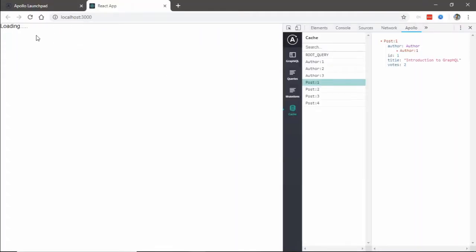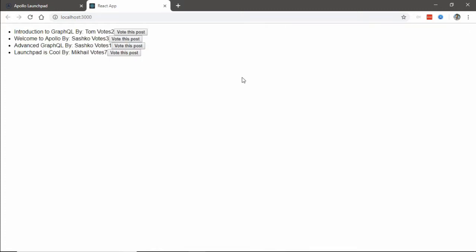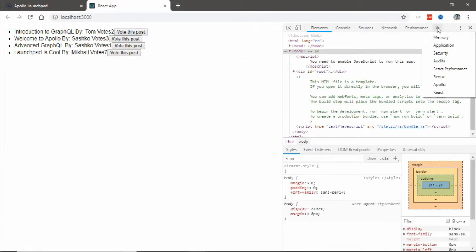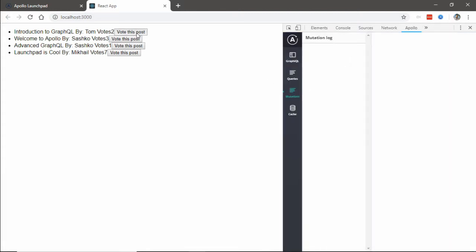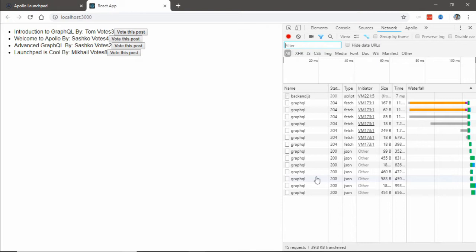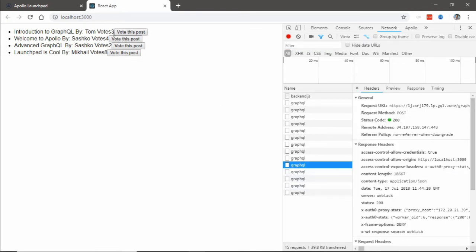and we should shortly see the button. Let this load. Yeah, so I am opening the Apollo developer tools once again, so you can see the mutations happening. It's the mutation log. Let's see, it's voting, post ID 1, vote, and in the network panel you can see the request. See,